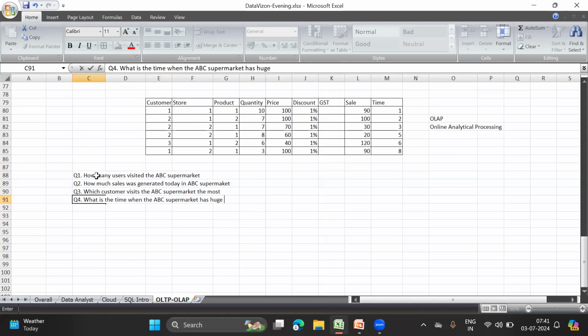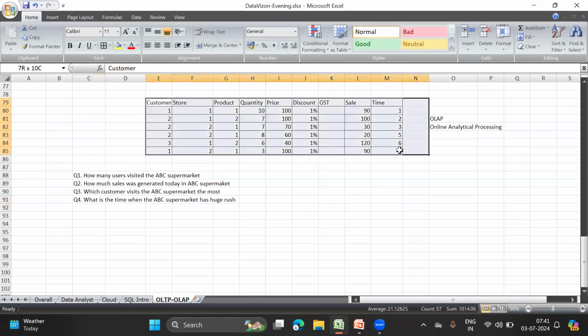So what is the time when many customers come, and what is the time when a very small number of customers come? Which customer comes how many times? Which customer goes to how many stores? What are all the different products a customer is buying? I can answer all these questions from this table, right?